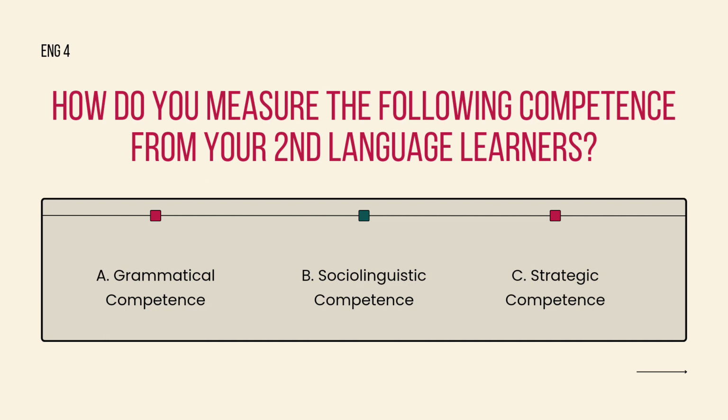How do you measure the following competence from your second language learners? A. Grammatical competence. B. Social-linguistic competence. C. Strategic competence. According to him, it's all about knowing how to use a language's grammar, syntax, and vocabulary. It inquires as to what words he employs. Social linguistic means being aware of the following: